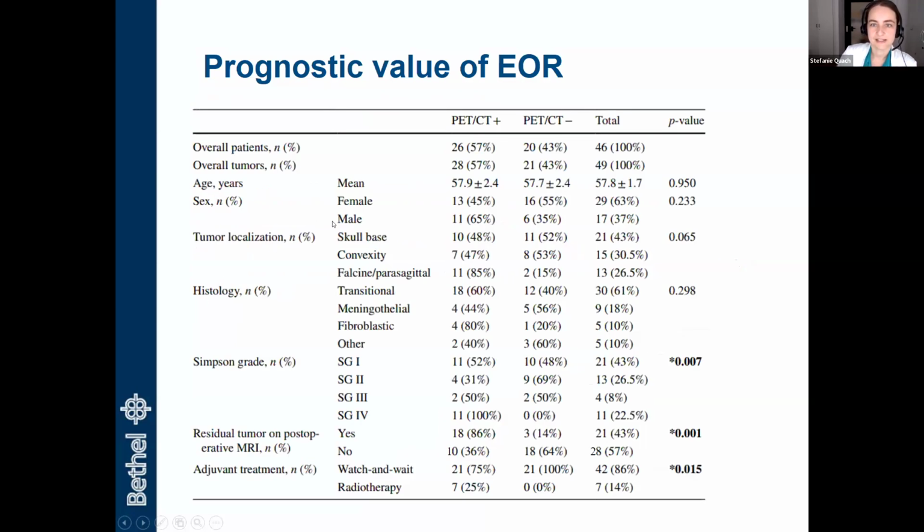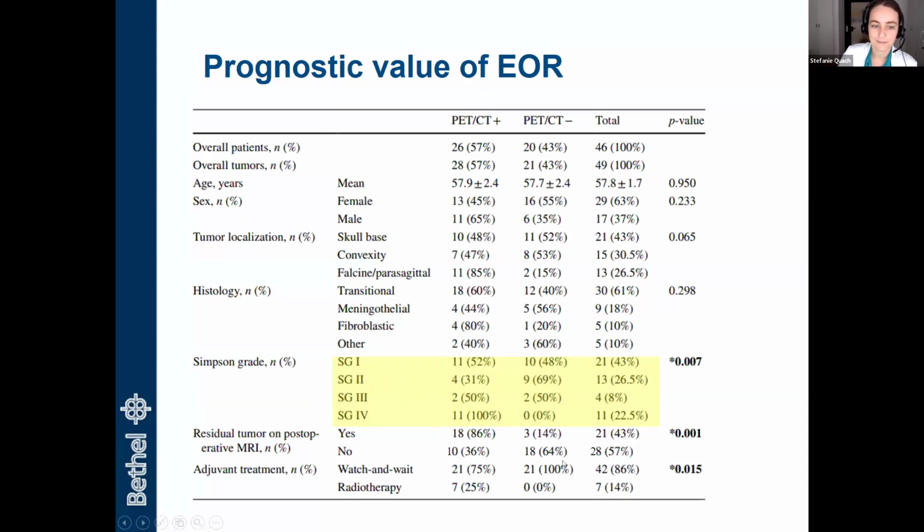So you can see that the patients that had a positive PET-CT after resection were similar to patients that did not have a positive PET-CT with regard to age, sex, tumor localization, the histological subtype. But of course, they differed with regard to surgeon estimated extent of resection. So all patients with grade 4 resections that had a residual tumor were correctly identified by a PET-CT. But interestingly, half of the tumors that the surgeon defined as completely resected still showed a positive PET signal after resection,